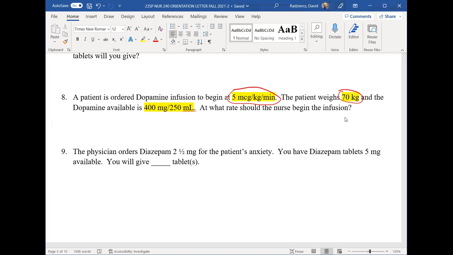I'm going to write out what I'm doing: 70 kilograms times the 5 micrograms. I write it this way on purpose, because that way I know I'm eliminating kilograms and I'm left with 350 micrograms per minute. Now, this doesn't tell me to calculate to milliliters per hour, but you should know at this point that